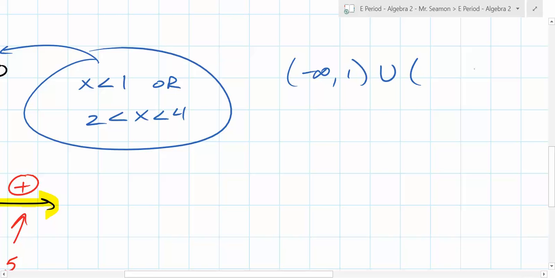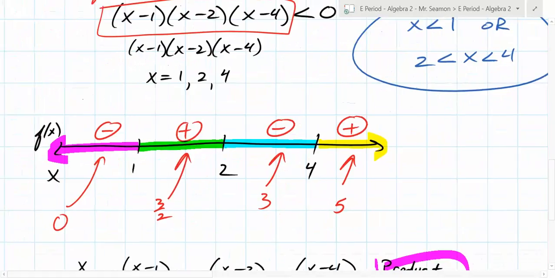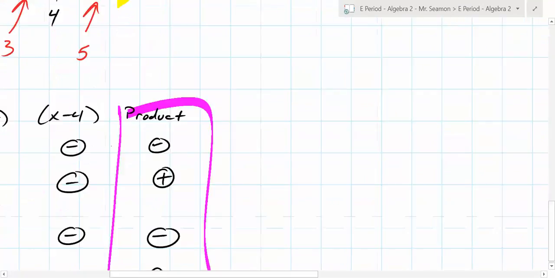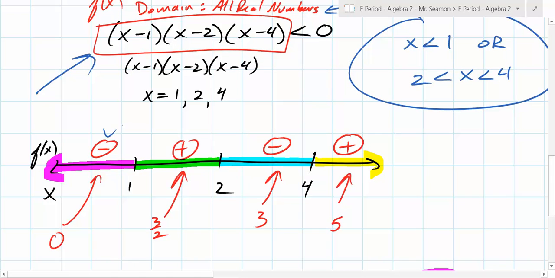It's kind of hard, yeah. 2, comma 4. I'm basing it off of the product because we're multiplying the three things together. So look at the product here. Negative, positive, negative, positive, negative, positive, negative, positive. We figured out the sign. Do we need to know the actual number? No, we're just interested in the